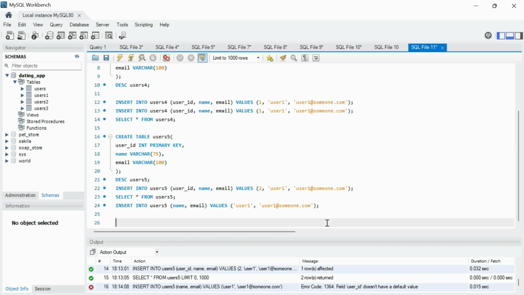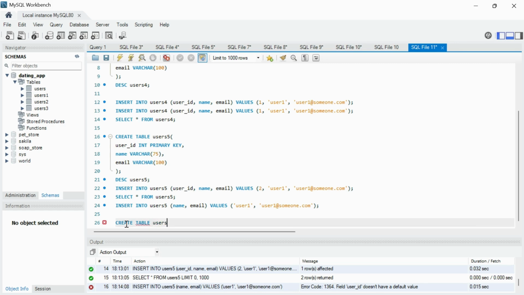So I am just repeating, reminding you, that primary keys are not null and always unique, and these primary keys help you distinguish your records with the help of that unique identifier. Primary key is just a fancy name for a unique identifier. So another way of defining a primary key is, we have one more table. We are defining,